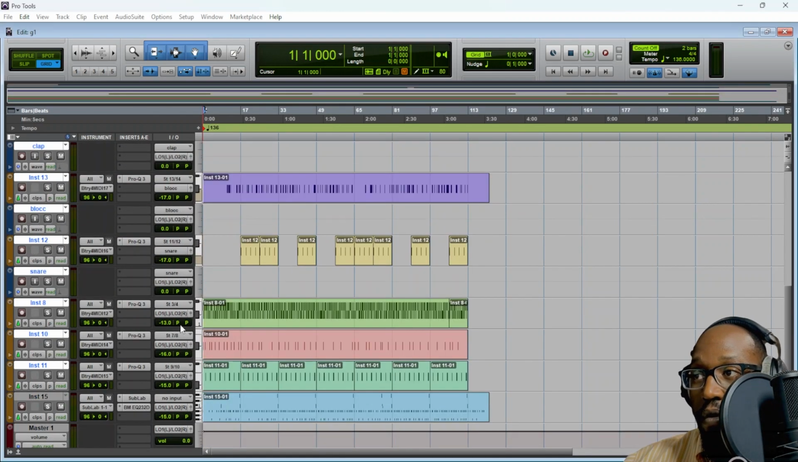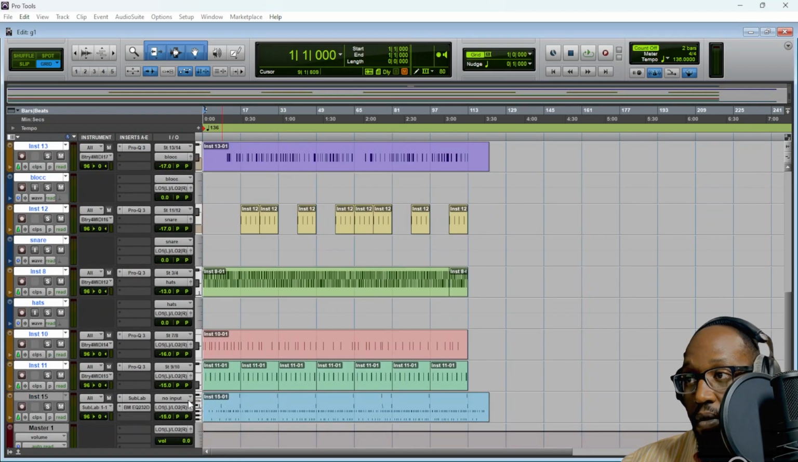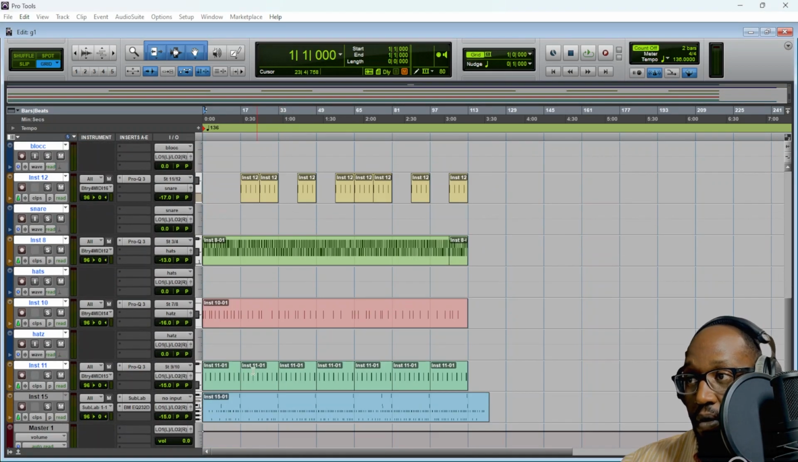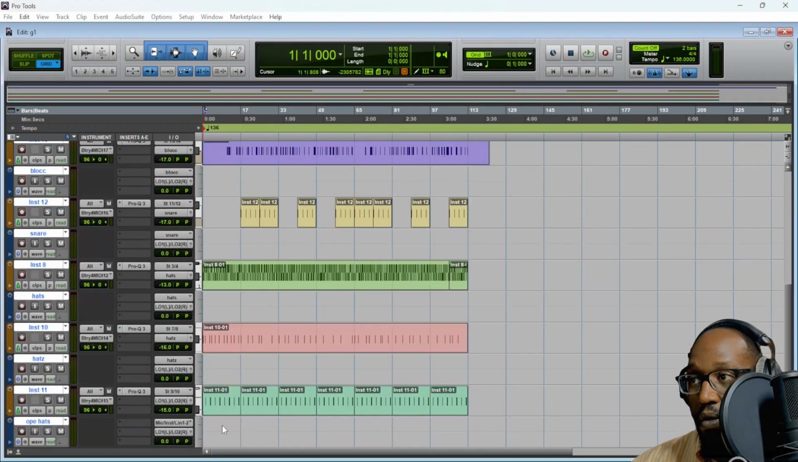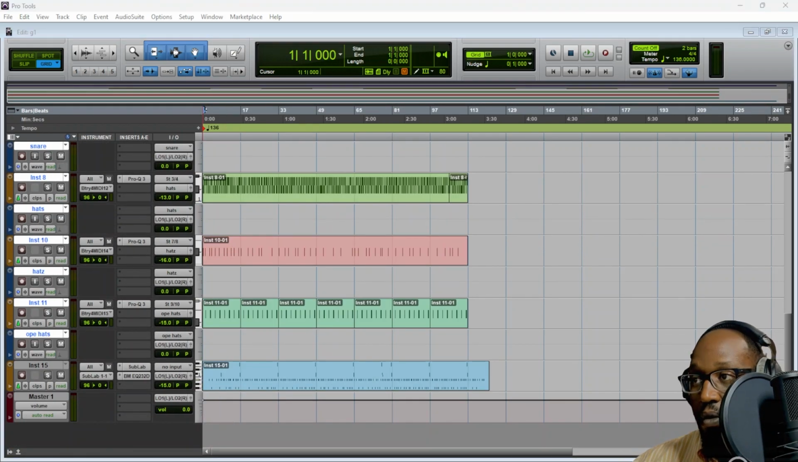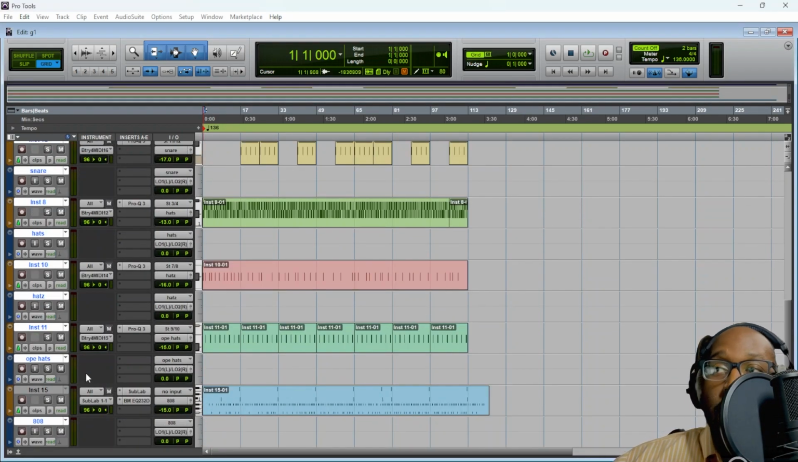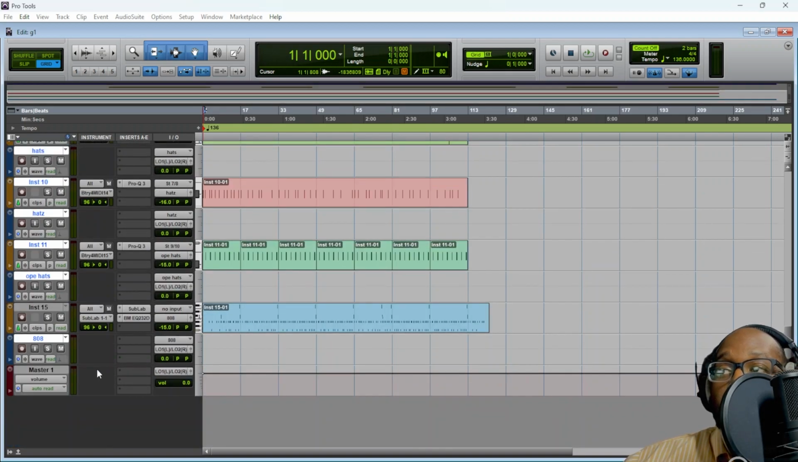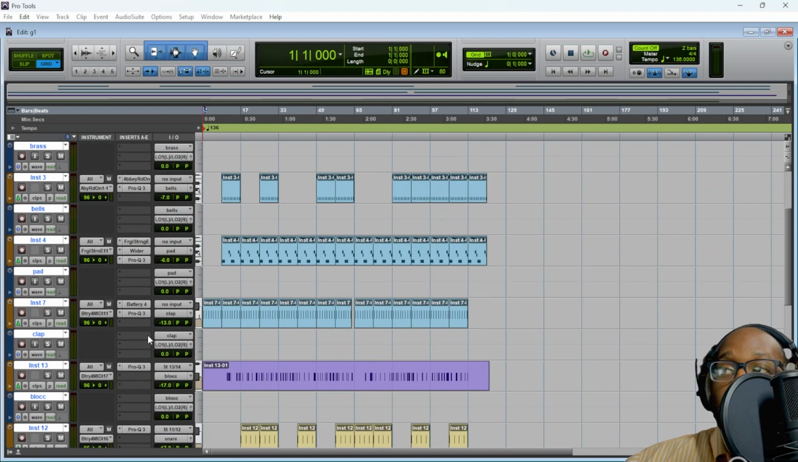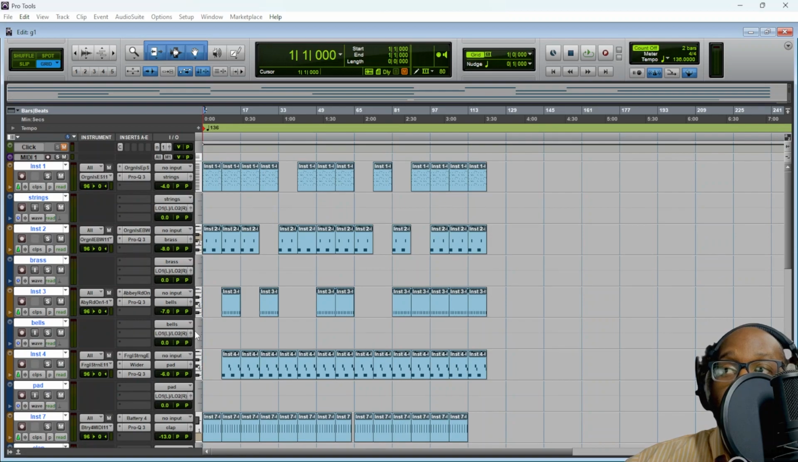The first one was strings. Second one is brass. I say it's bells, I'm gonna call it the pad. All right, now that I have all of my instrument tracks set to output to their own individual audio tracks,